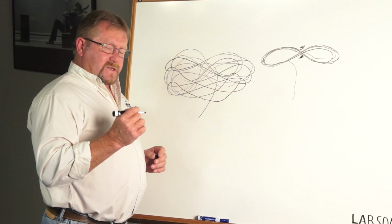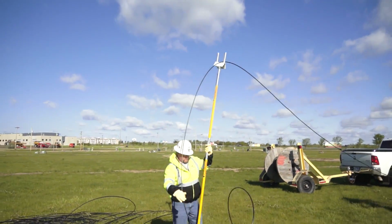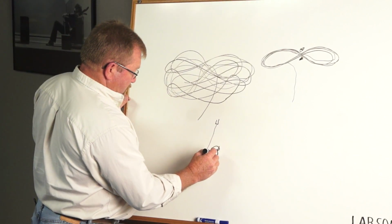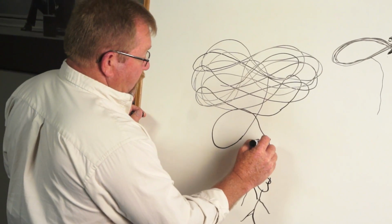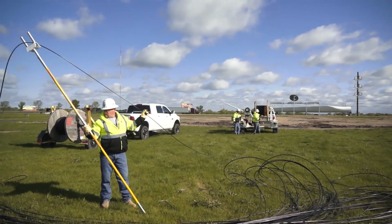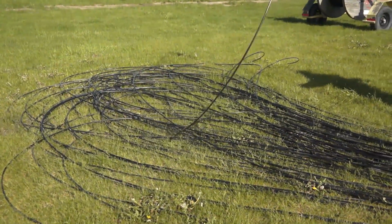What we have is a set of layup sticks with a fork on top, otherwise known as the goal post, about 10 feet long. We place that right here next to the pile with a gentleman holding it, and we bring this cable down through this fork and then back over to the cable trailer rolling up the reel. This gentleman here with this fork can untangle, theoretically, this by himself at the rate of 750 feet a